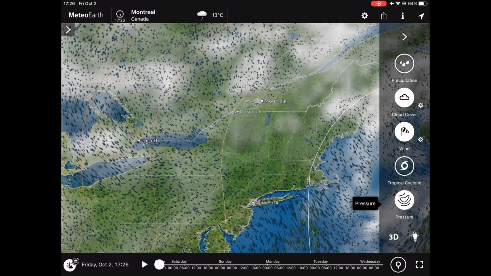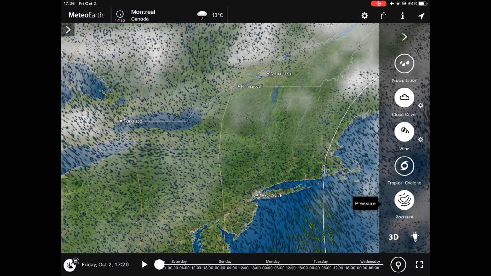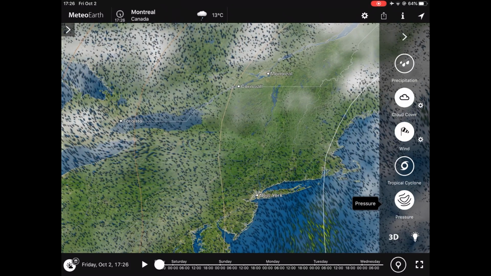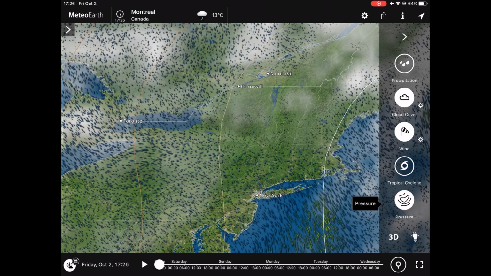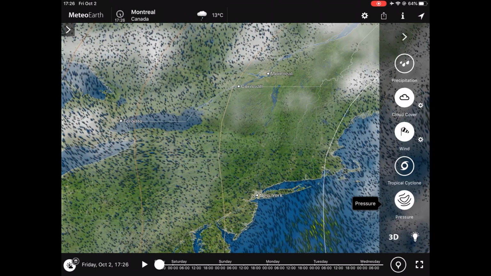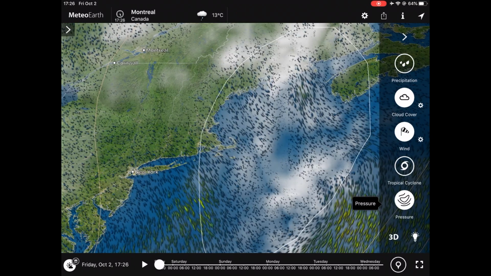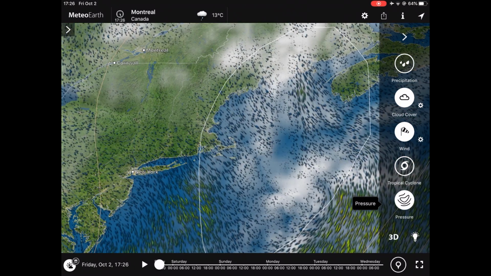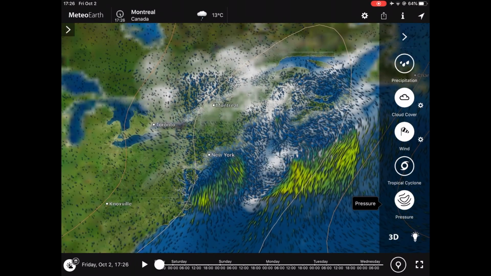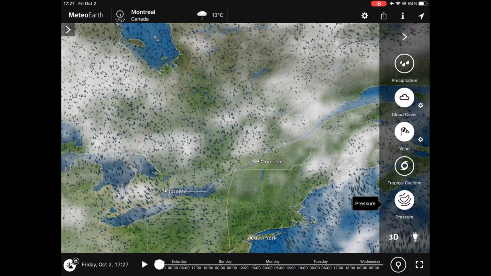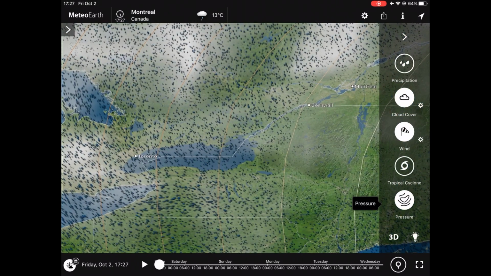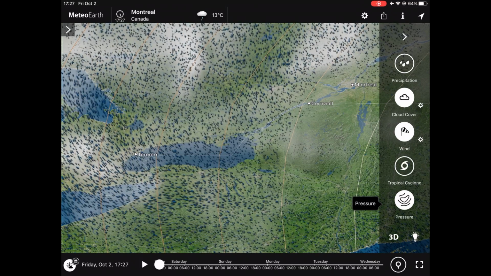So in this case, we're looking at Montreal to Toronto. Those lines that you see are the different pressure gradients. And on the right side, you can see it starts to get more blue. And as it gets more blue, you see that there's more cloud. So that's the low pressure on the right there. So zooming back in, we're going to fly just past Cornwall there, all the way down to Toronto.